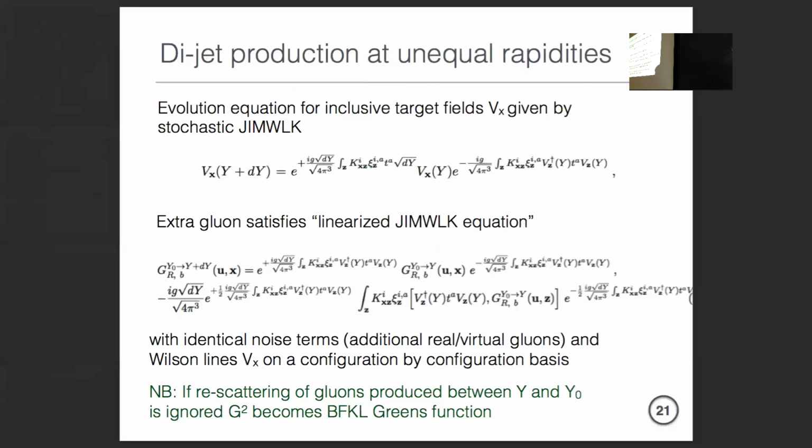I'm saying that if you take this and you were to remove the rescattering, if you linearize it, then yes. No, I'm saying if you take the evolution equation, I think we should argue that point out. The extra thing that you say is the following: you first solve the above and you have V everywhere. So you see it is non-linear in V because you have it in the exponent. So long as you have determined V, then when you try to determine G, this is linear in G, okay? Yes.